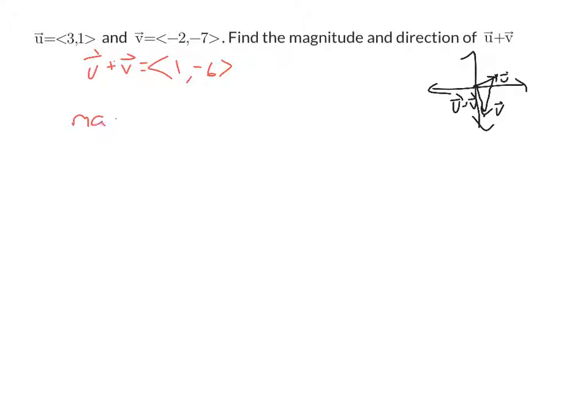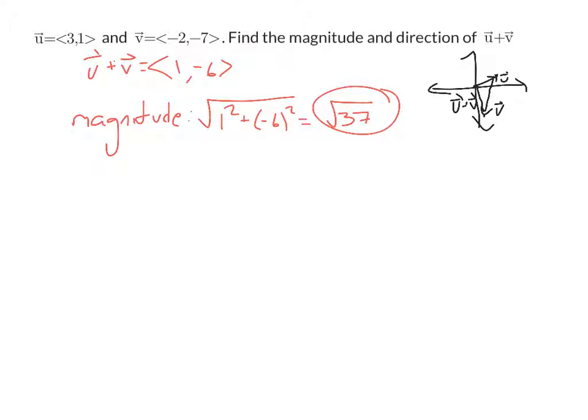The magnitude is simply the square root from the Pythagorean theorem here, so the square root of the x component squared plus the y component squared, which ends up being the square root of 37. And then the direction is always the inverse tangent of your y over x. And that's calculator work. Now our calculator will tell us that the inverse tangent is negative 80.5,